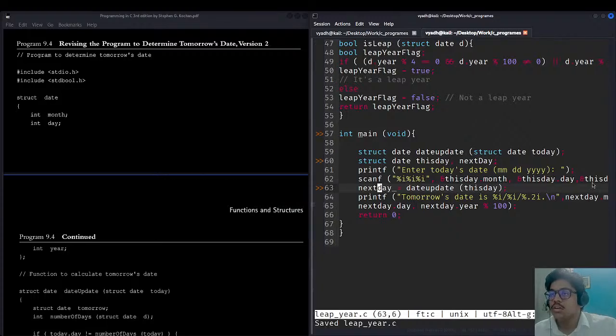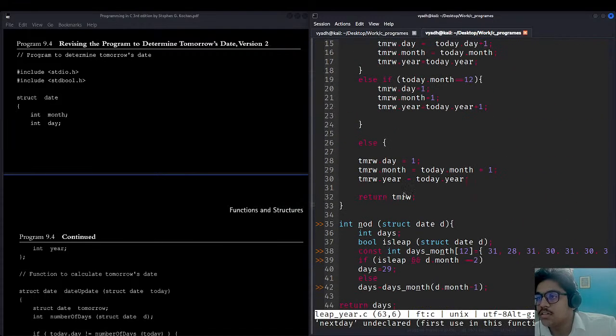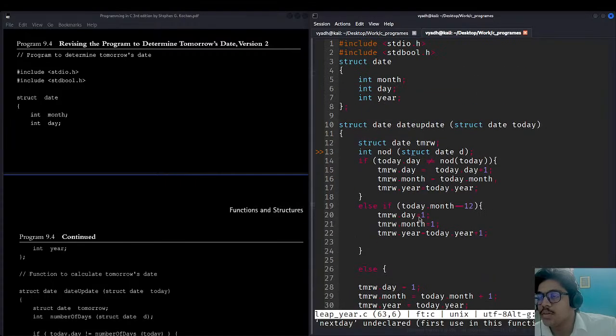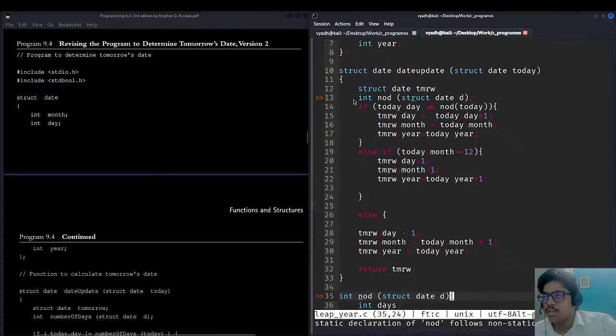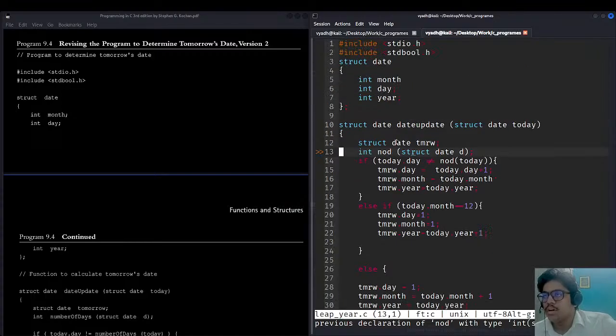कंट्रोल एस, अभी भी एरर दिखा रहा है। सेम एरर्स दिखा रहा है, एनओडी में एरर दिखा रहा है। तो ब्रैकेट भी क्लोज कर दिया, ठीक है। ये यहाँ से यहाँ तक क्लोज है। स्टैटिक डिक्लेरेशन ऑफ नोड फॉलोज नॉन स्टैटिक डिक्लेरेशन, स्टैटिक डिक्लेरेशन यहाँ पे हुई है। प्रीवियस डिक्लेरेशन ऑफ नोड विद टाइप इंट, पर इससे पहले तो मैंने नोड को डिफाइन ही नहीं किया। क्या यार,